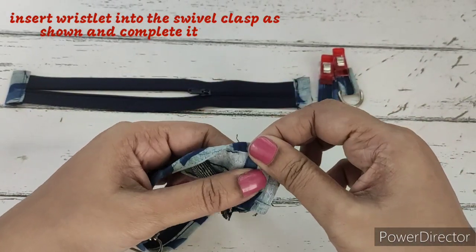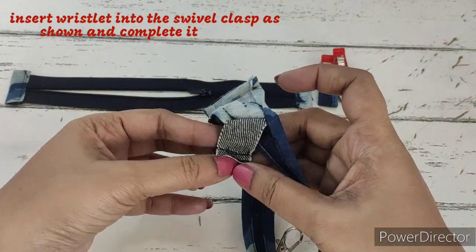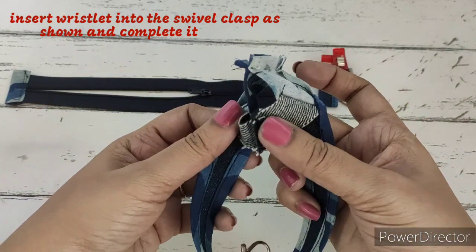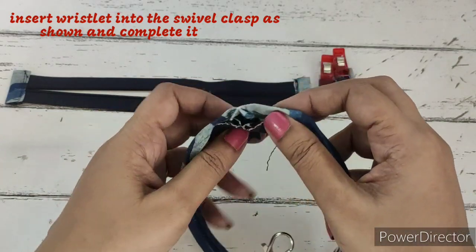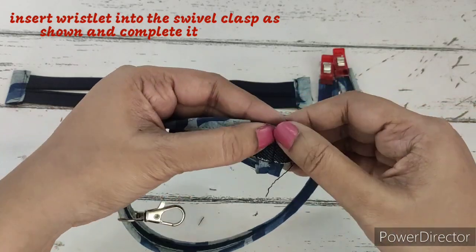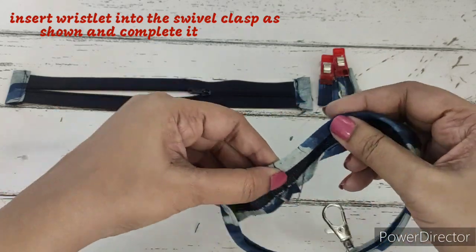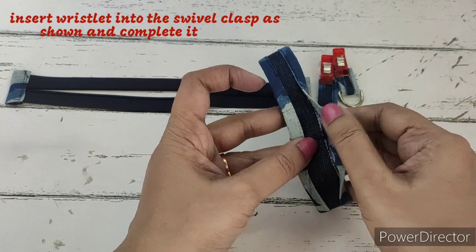Now we are just going to open the seams like this of the denim and the main fabric, and we are going to join the seams together. So first flatten the seams and then join them together, and again as we folded them initially, we are just going to fold them, and we need to complete the wristlet. So we'll just fold the fabrics like this,